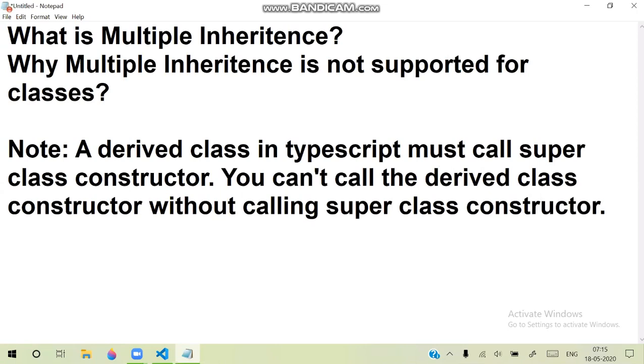This is the basic point about object-oriented programming. So due to this only, multiple inheritance is not supported.